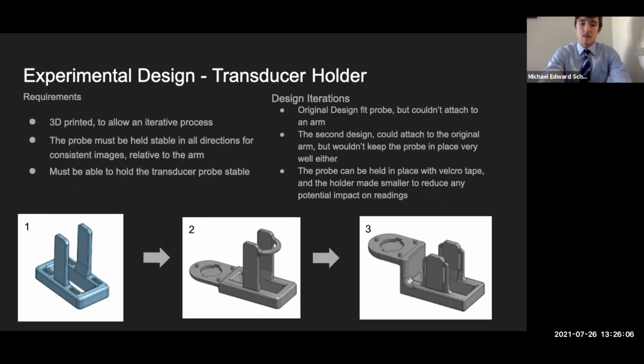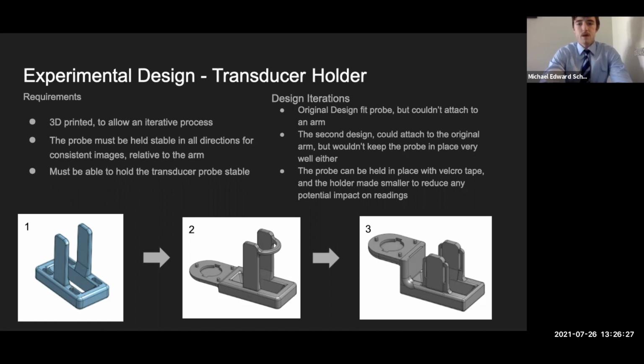To continue the experimental design, the transducer holder was designed next. Its function would be to hold the transducer probe in place on the transducer holder arm. Some requirements include 3D printing to allow for an iterative process where changes could be made easily. The probe must be held stable relative to the arm, and then